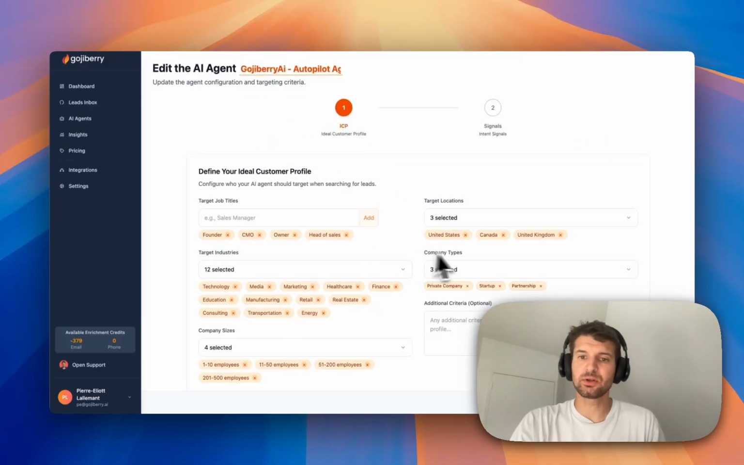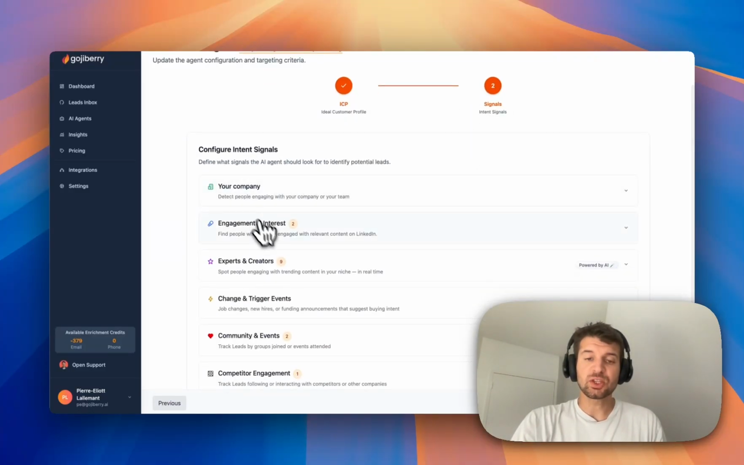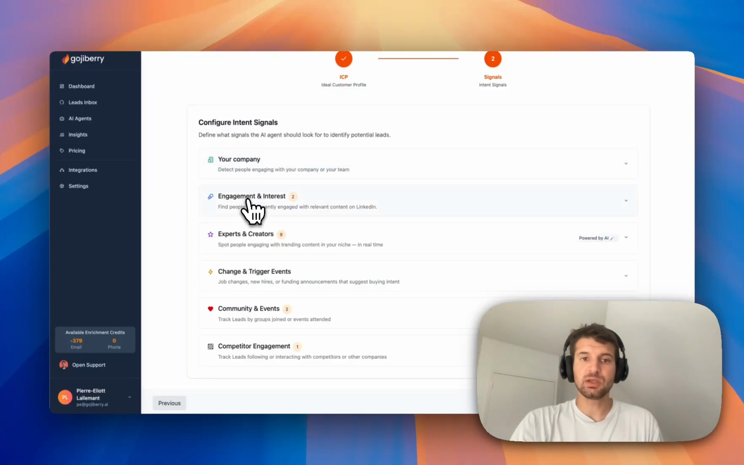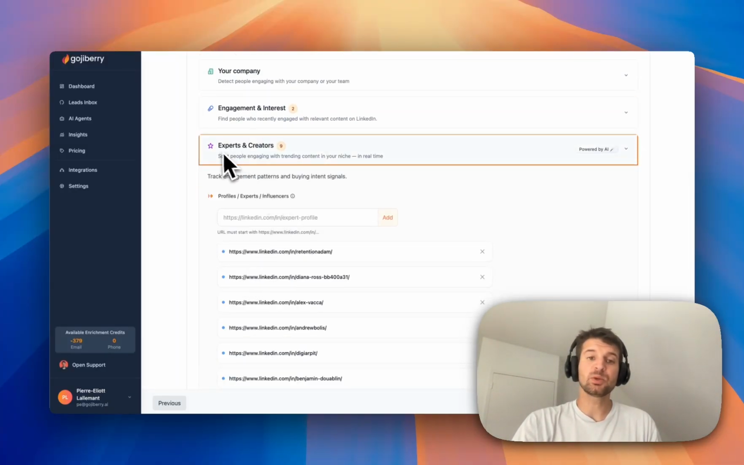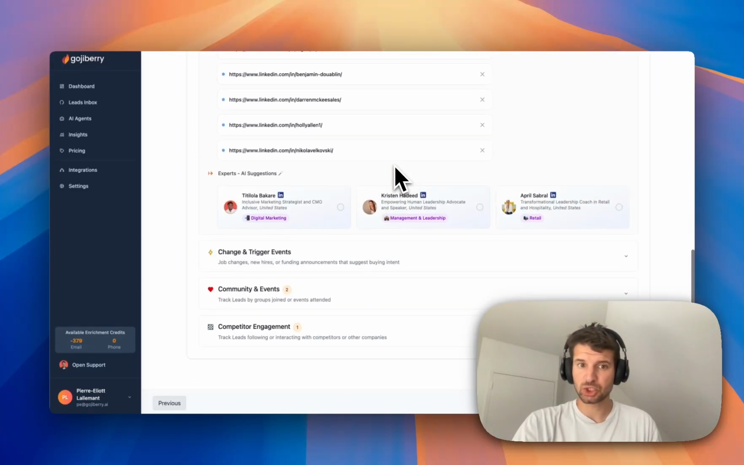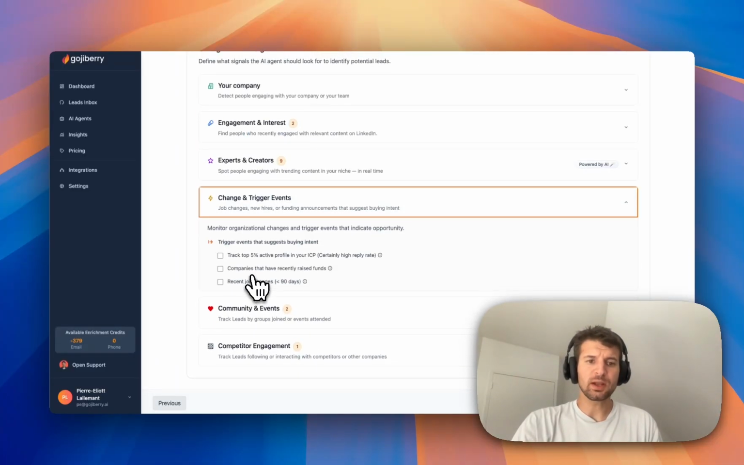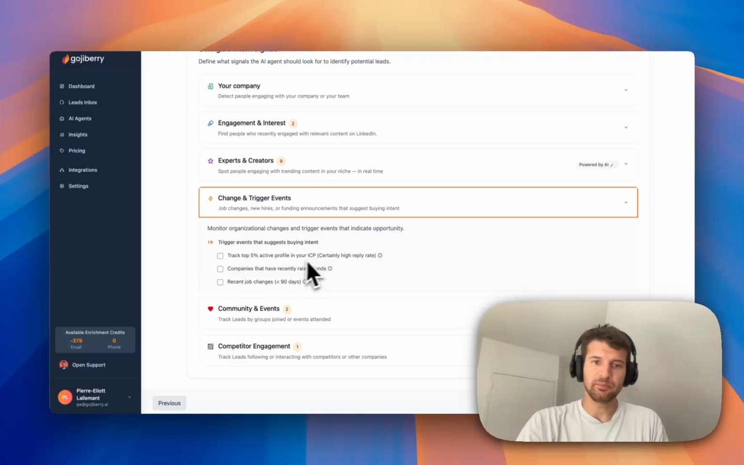So you only want to target founders in the US, in technology field, from private companies, and the company must have between 11 to 50 employees. So you determine this. And then in signals, you can track all the people interacting with your company, all the people interacting with some specific keywords, all the people interacting with some experts and creators in your niche. You can also track all your ideal customers being active